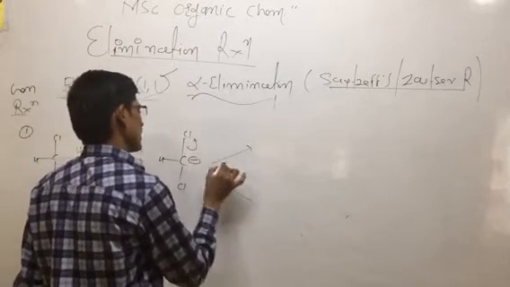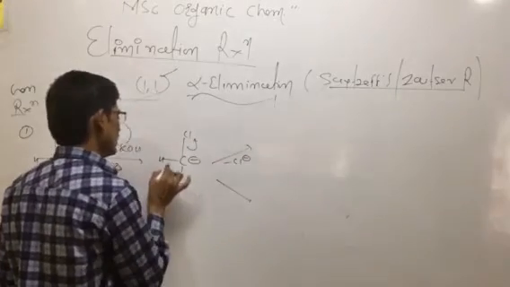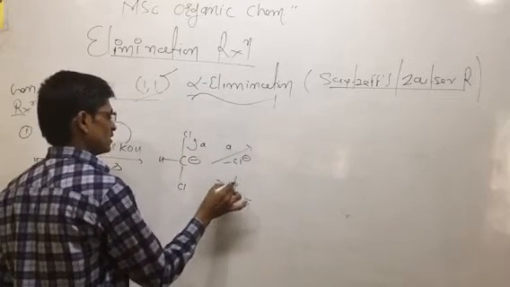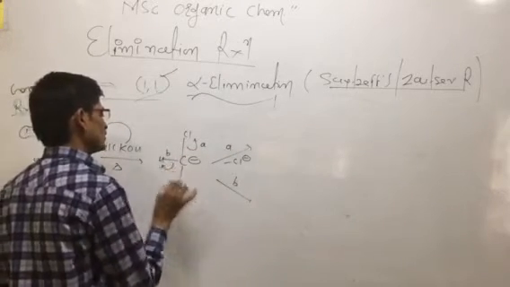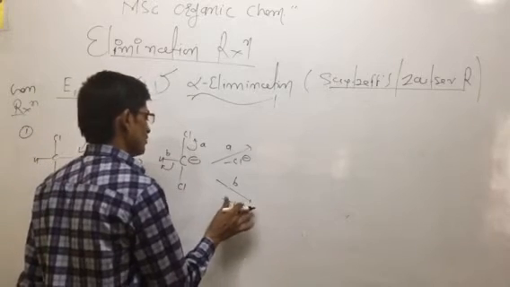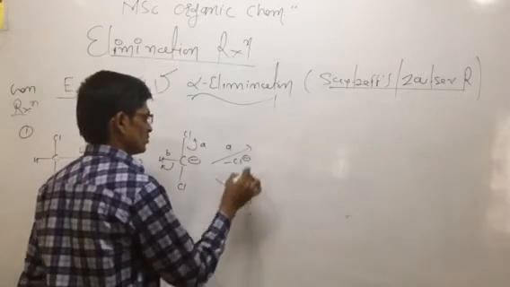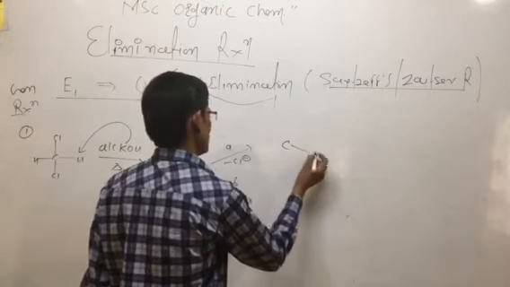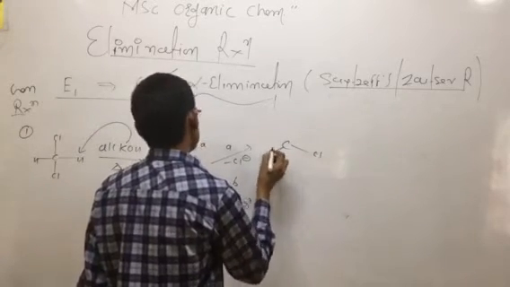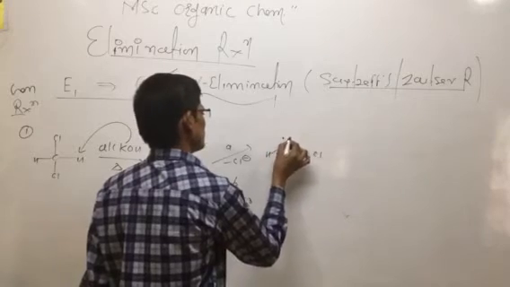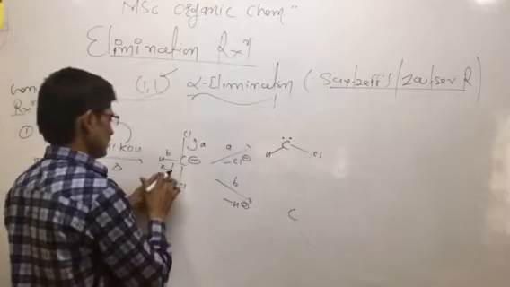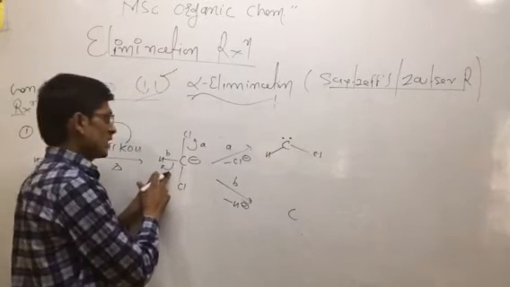We lose this chlorine, minus Cl negative. Again, this loses hydrogen atoms. Here the A route is here, and if we are to draw this, the B route is here. So loss of this hydrogen atom, minus H negative. Now the chlorine is as it is, this hydrogen is as it is, and this carbon becomes the carbene species.